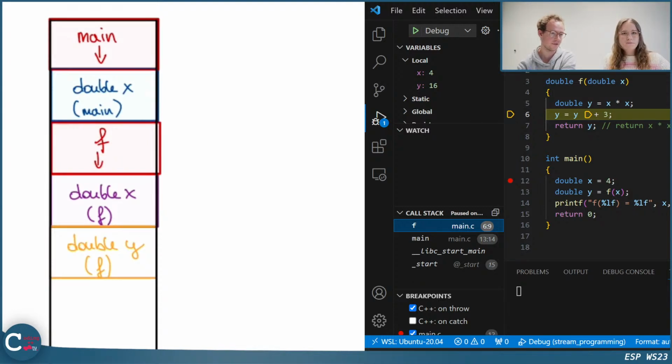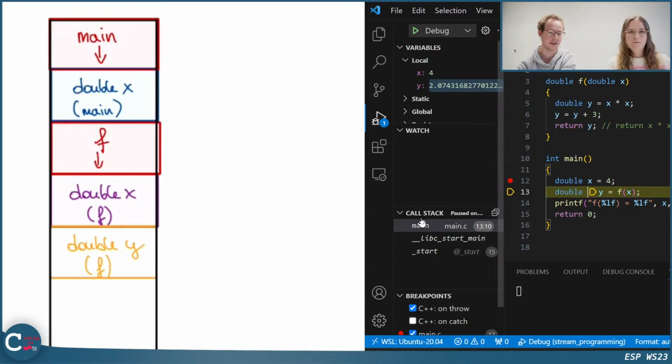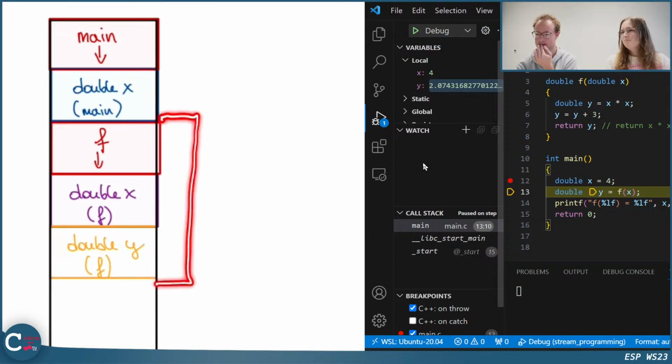Then we go one step further. So we just simply add 3 to the y. I think we don't have to demonstrate this on the stack. And then the next step, we go back to our main function. Okay, what happens now? So we have all of these variables, but we already exited the function. We returned from it.